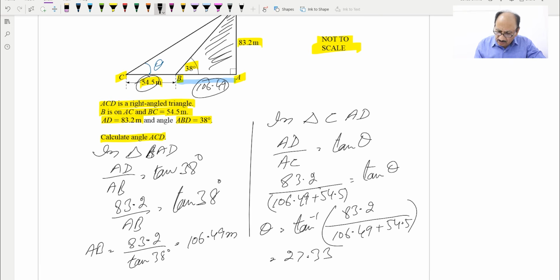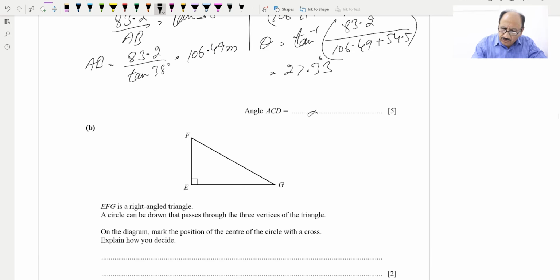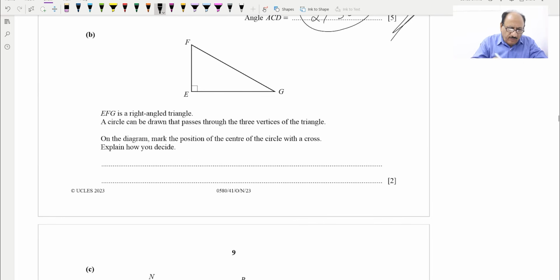So we can write 27.33 degrees, and our answer will be over here, 27.33 degrees. This will be the answer for 5 marks. This is done. Now the B part says